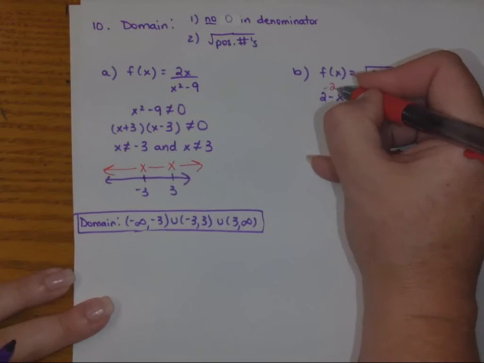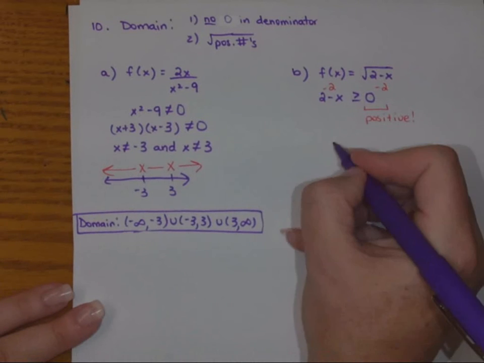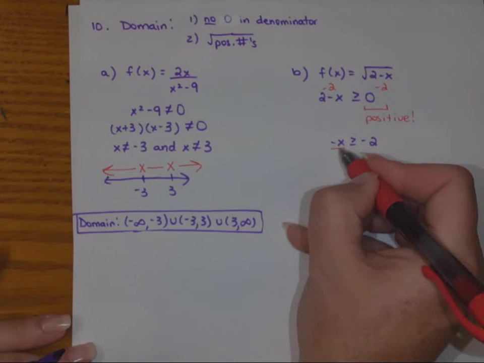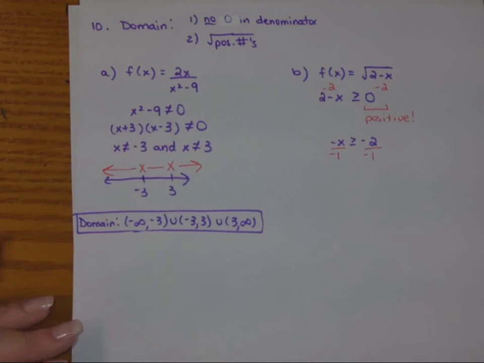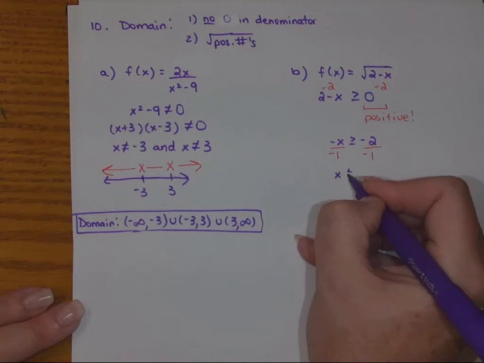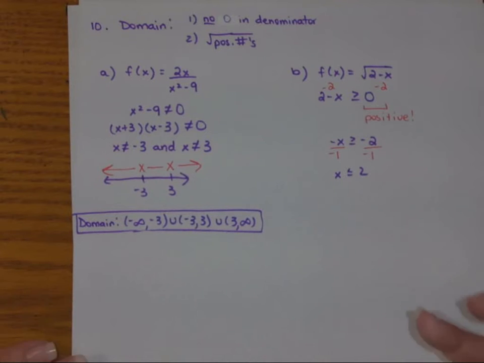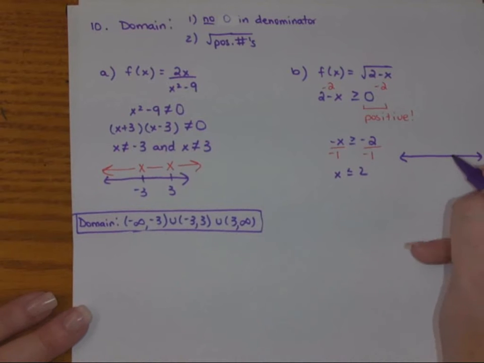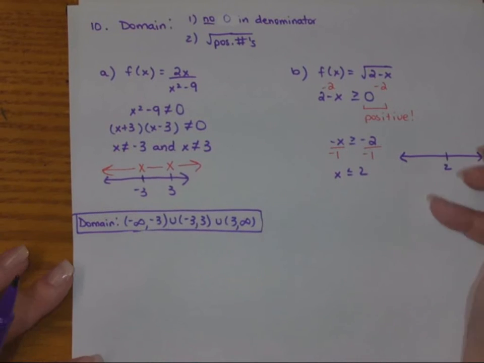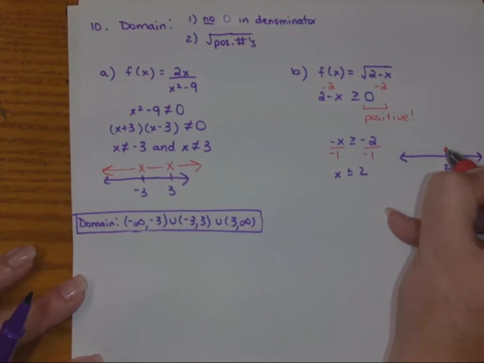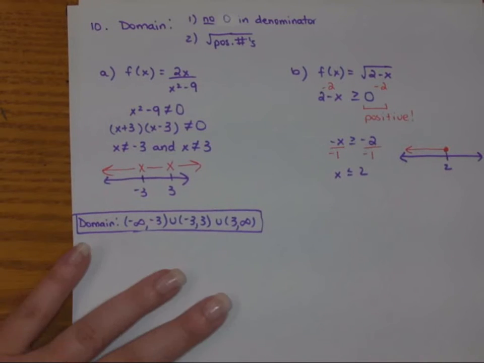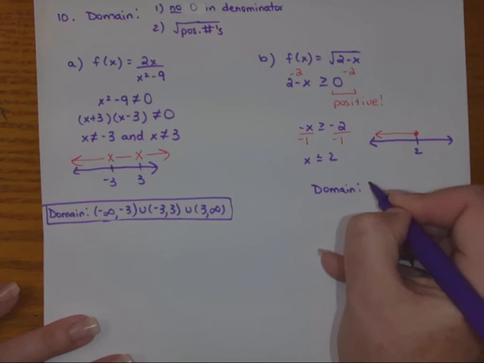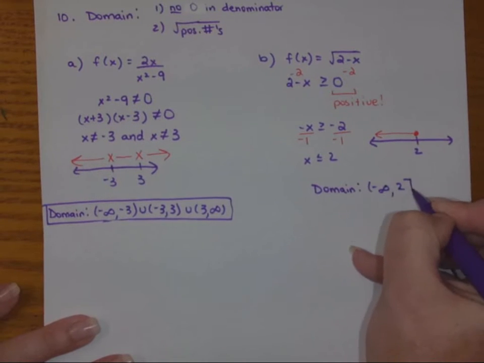So if we subtract 2 from both sides, we're going to get -x is greater than or equal to -2. But I don't particularly want -x, so I would just divide by -1. But remember, when I do that, I have to flip the inequality sign, so this would be x is less than or equal to 2. So again, we can have a number line here that I think is helpful, but I'm not going to go so far as to require it. But we want 2 and everything less than it. If it were greater than, we would have traveled to the right. Okay, but the domain that I want to see is the interval notation version, so it'll be -infinity to 2,